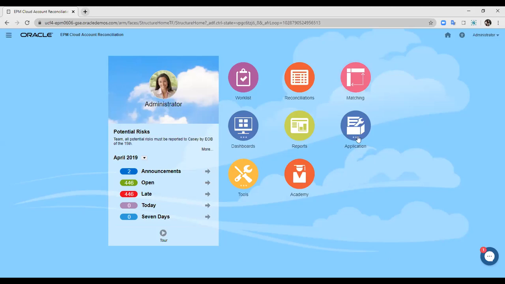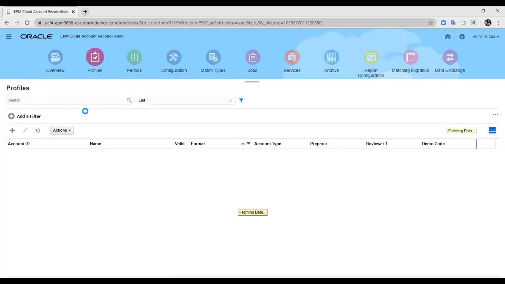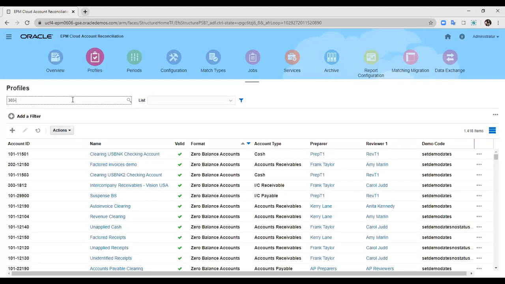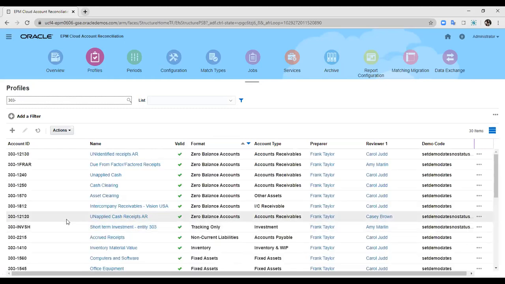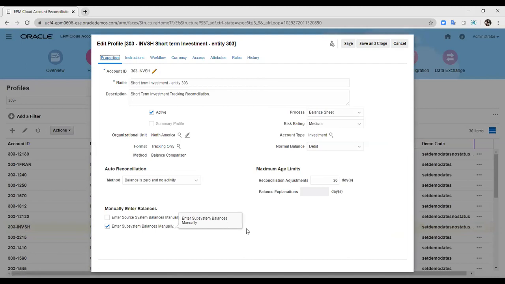So as you can see here, let us just start with the profile that I have created for the purpose of reconciling or tracking my short-term investments. This is my profile that I have created for the purpose of short-term investment tracking and reconciliation. As I've told, there is no reconciliation to be performed as in the adjustments. You can only track and provide for the adjustment in your account from a third-party document, which is the statement